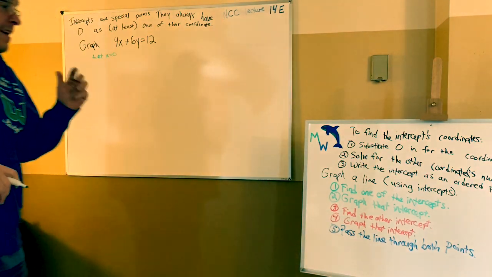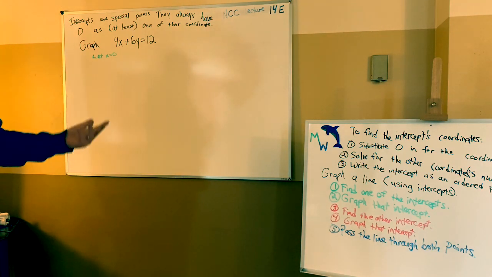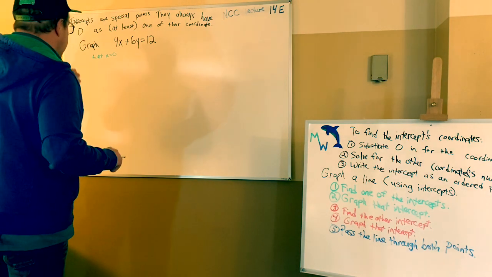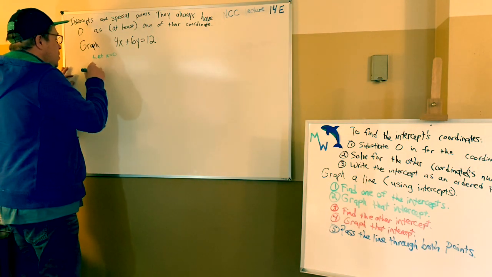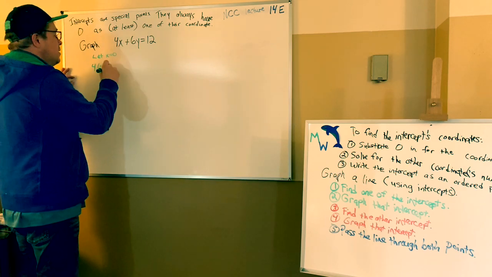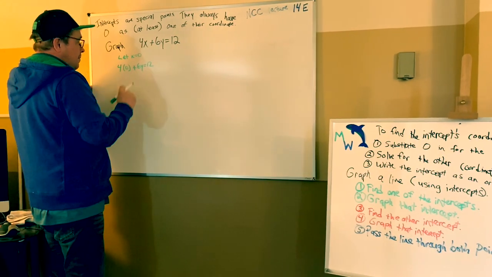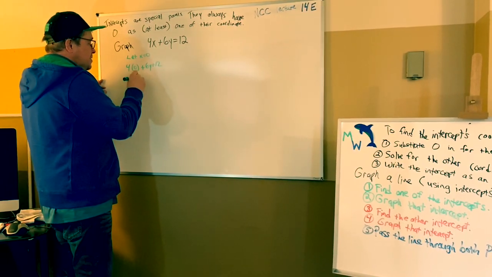So I do that, and this is really beneficial because the first point I'm going to find is x equals 0, so it's going to have 0 first. It's going to give me the y-intercept, and it's something I can use a lot later on. So I go through here, and I have 4. I'm about to put 0 in for my x with parentheses, so it's not 40, plus 6y equals 12. Okay, 4 times 0 is 0, plus 6y